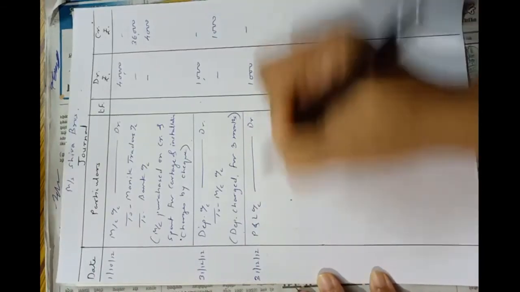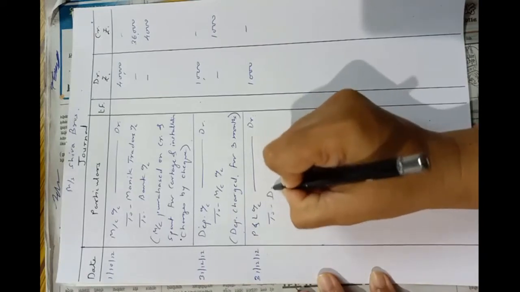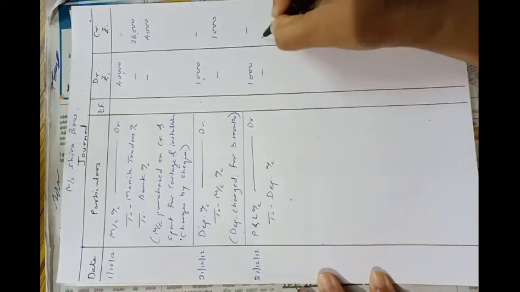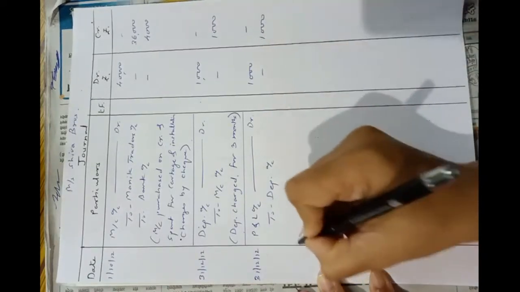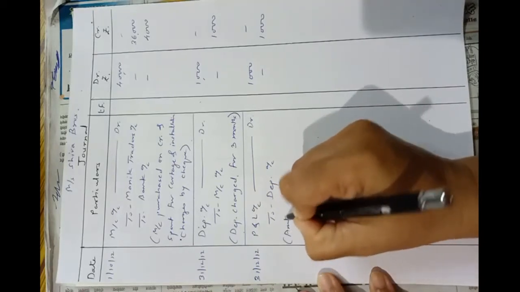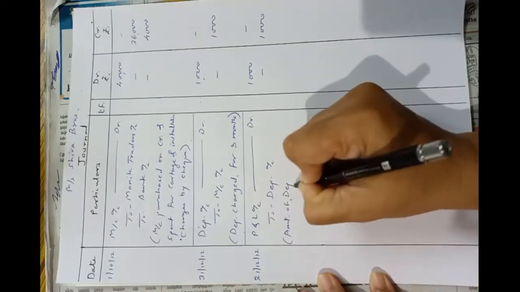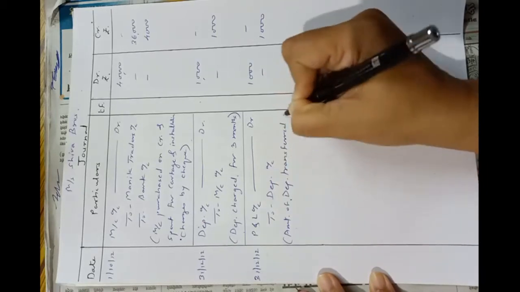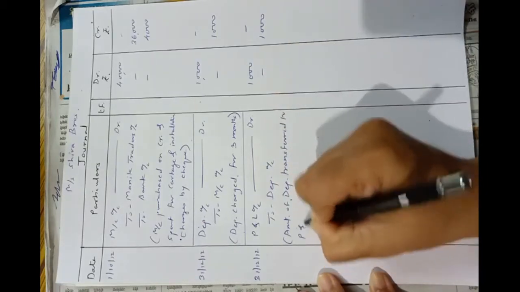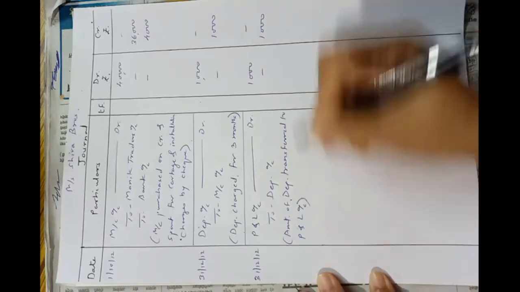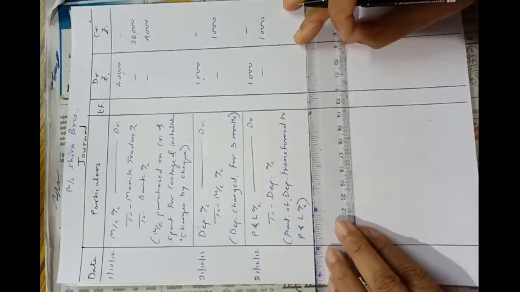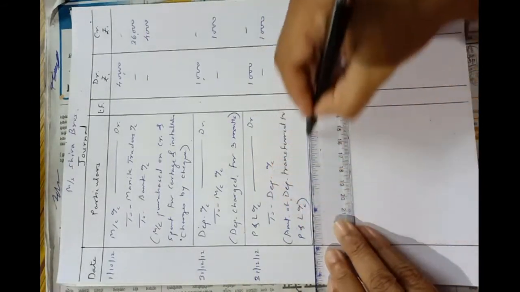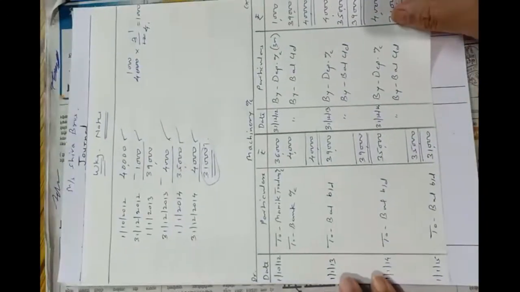1000 to depreciation account 1000. Narration will be amount of depreciation transferred to profit and loss account. Okay, now next entry